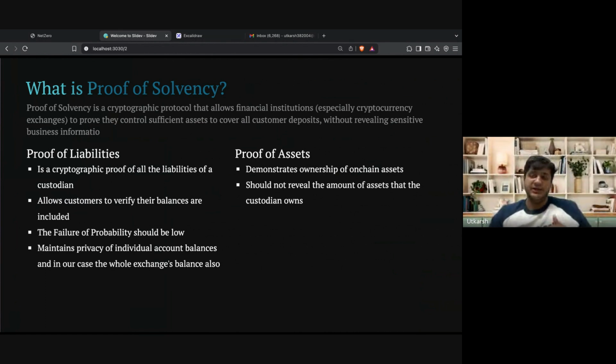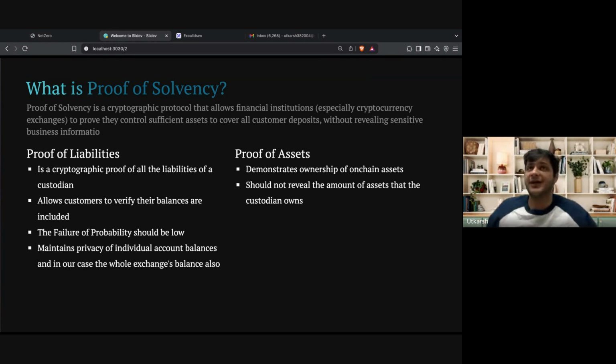And recently, I think many of you must be aware of the Bybit hack. Whenever such hacks happen for such a large amount of money, there's always a question of whether the exchange did have enough money. And from the past, we have seen FTX. FTX was insolvent, and if they had a proof of solvency scheme in place, they would basically have been caught much earlier, and people would have lost way less money. So proof of solvencies are generally made of two separate proofs, which are proof of liabilities and proof